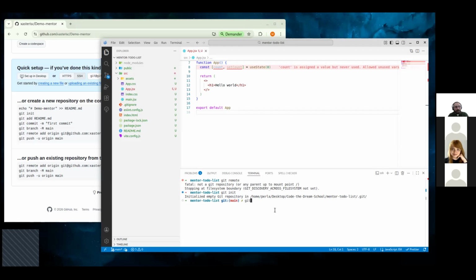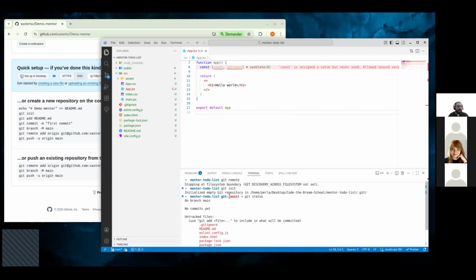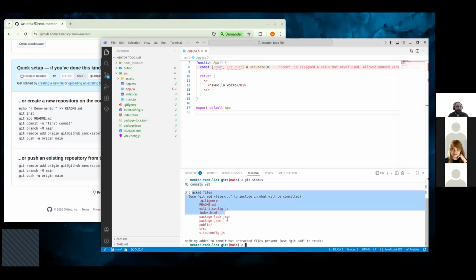So we have the other command, git status. It tells me that we are on the main branch and we have no commits yet, and a bunch of files which are not tracked. I have to see the chat if anyone says, okay, nothing's here. Guys,